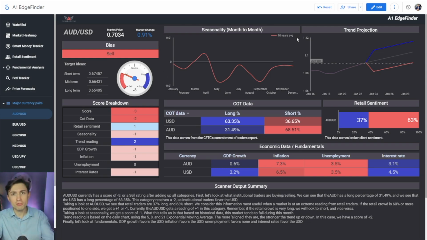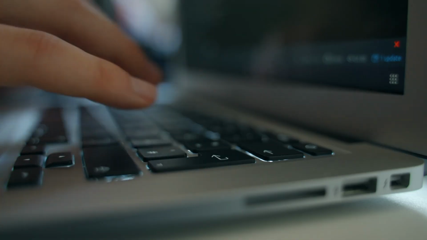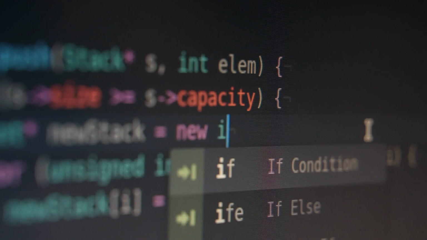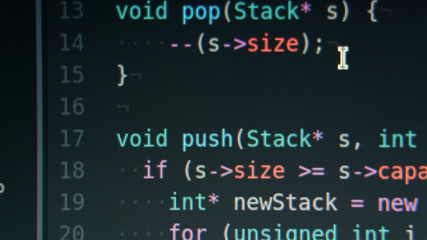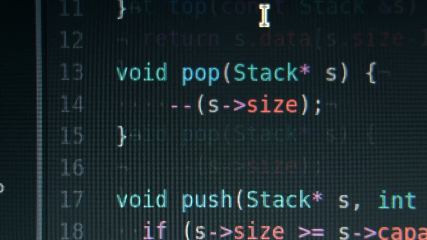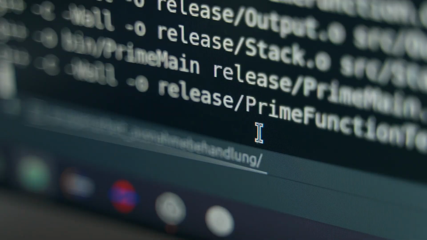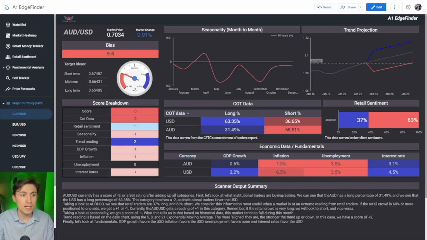Now, if you're not familiar, I'll fill you in. The EdgeFinder has been my company A1 Trading's biggest project in the last year or so. We've been working so hard. I've got a team of developers and people here in the office that help me work on this software as sort of a project led by the community that's around my YouTube channel, around our followings on social media and stuff like that. We've taken a lot of feedback from the community to build this tool to what it is today. And what you can see is it offers all sorts of cool fundamental research as well as sentiment